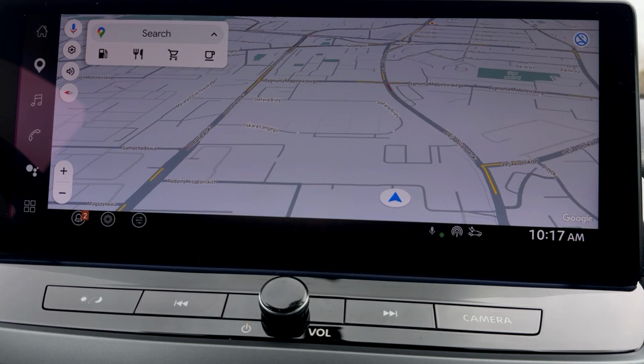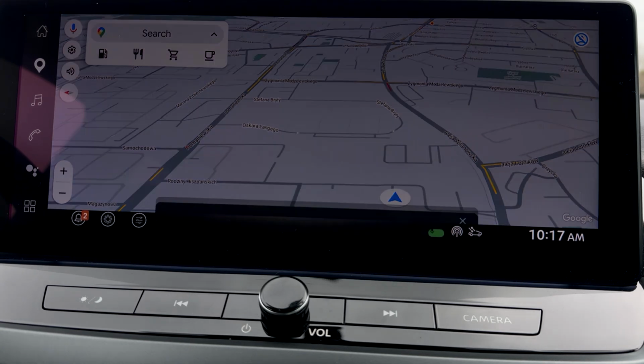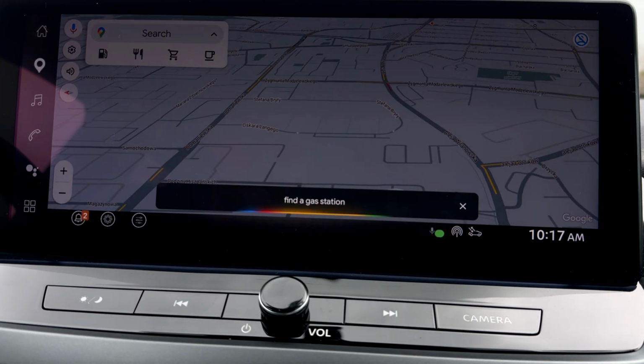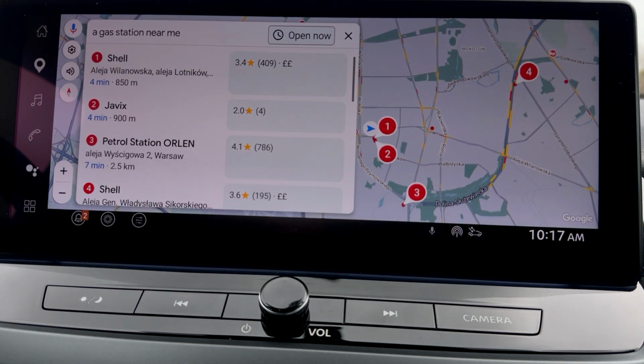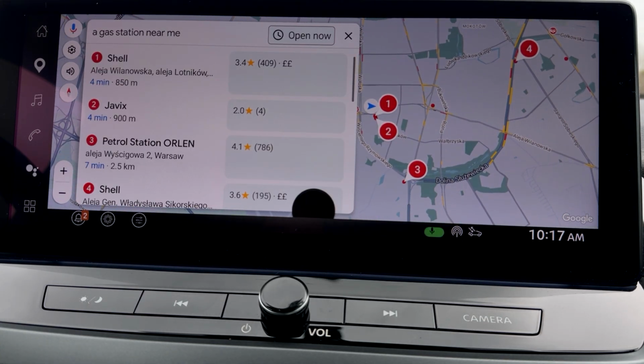Stopping navigation. You can search for some things, like for example, "Hey Google, find a gas station near me." There's Shell 0.2 kilometers away. Want to navigate there? No. What about Javix 0.3 kilometers away? No, stop the navigation. Okay. So as you can see, you can pick one of the following things from the list